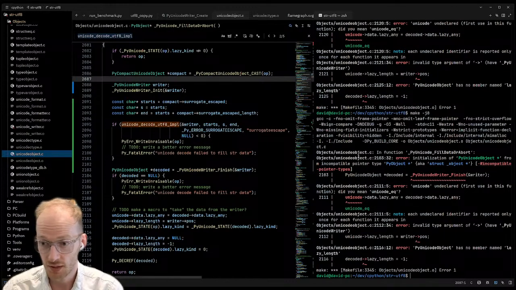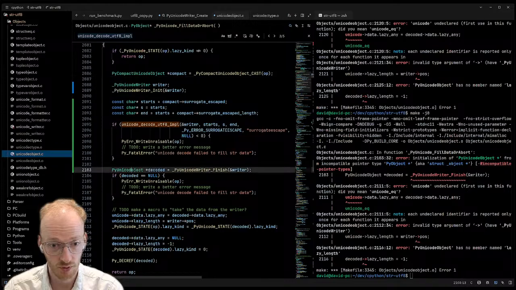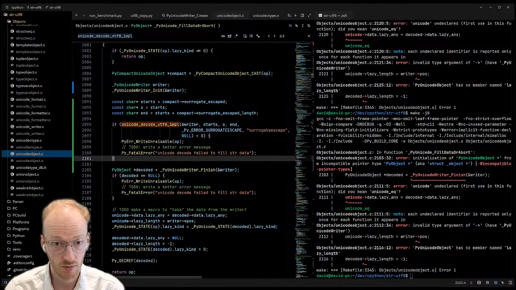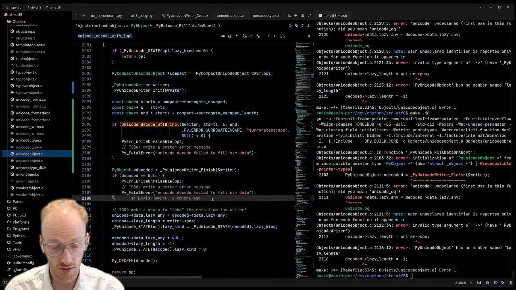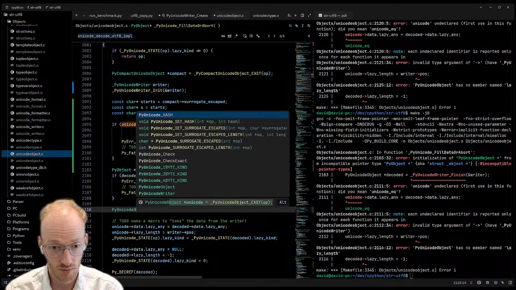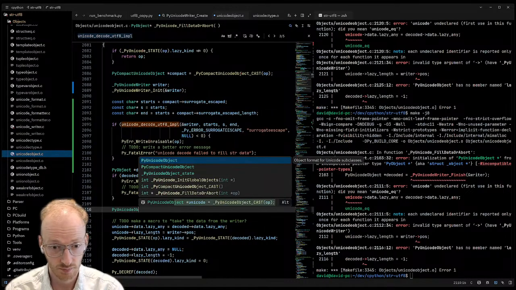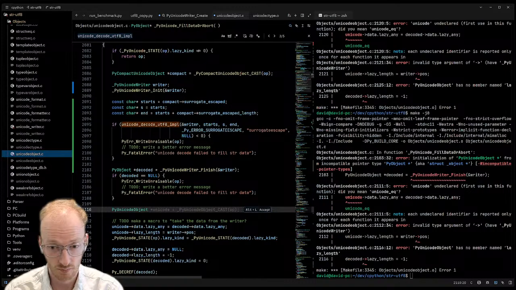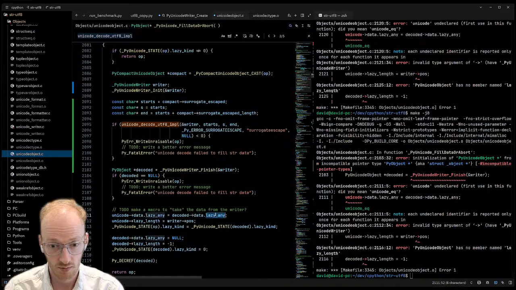We're getting there. Oh, yeah. Need a cast, I guess. So Unicode state should give you the cast. Yeah. For the data, and that's all you need.